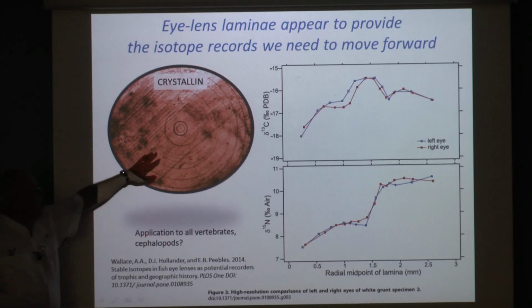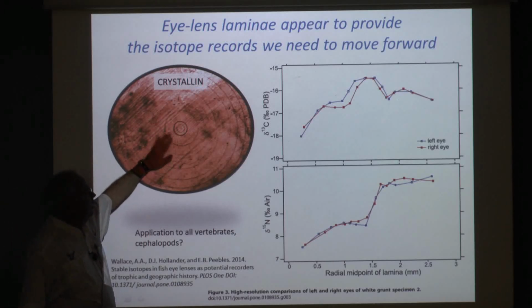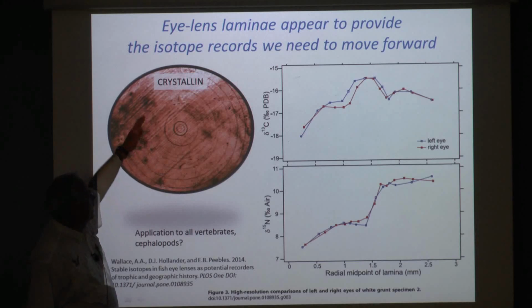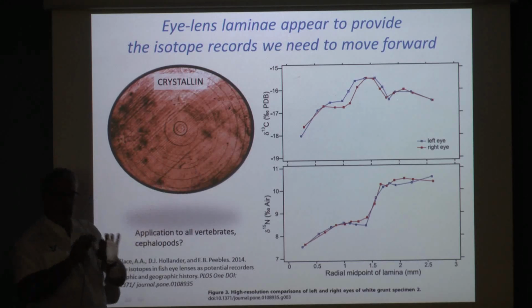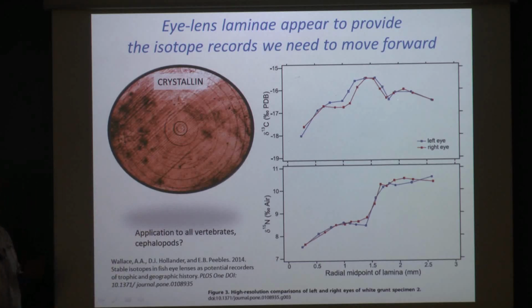Eye lens laminae. They grow; this is a lamina, or a lens that's been cut, and you can see the different laminae. We call this the nucleus. And you can just take these sections off and run them through the IRMS and get your isotope numbers. They separate very easily. The reason that they're conservative is because the cells that grow, that accrete onto the outside,